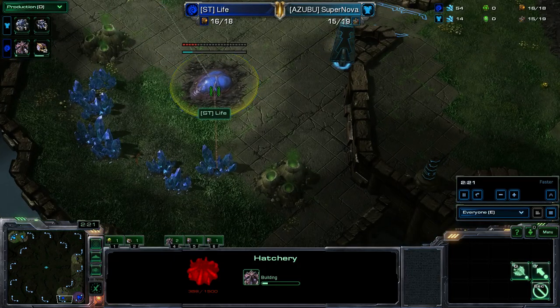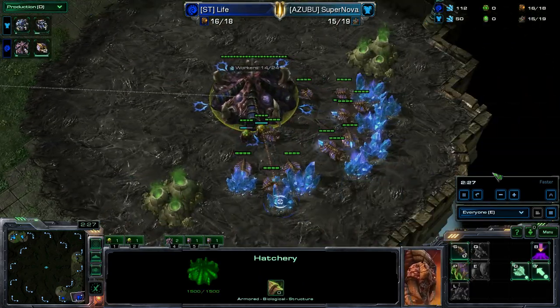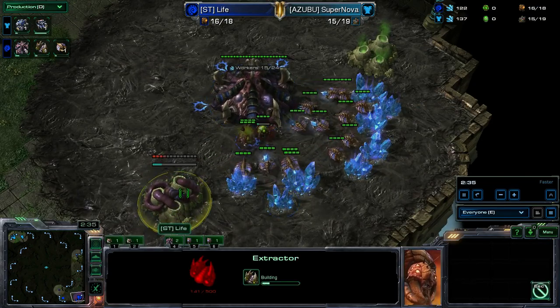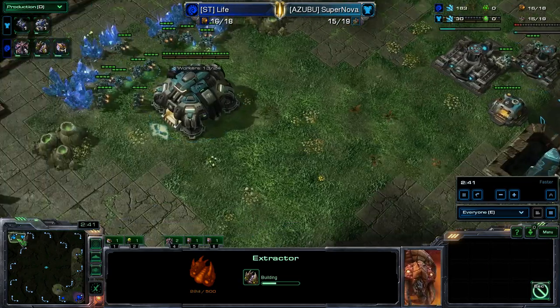We are playing on Whirlwind, so it doesn't surprise me to see Life go for the hatch first. We saw 9 pool in the first game. The second game was a hatch first as well. Once again we see a gas before pool. It's so standard to see